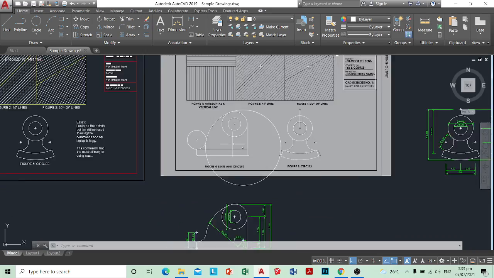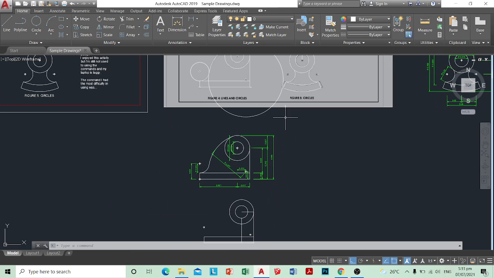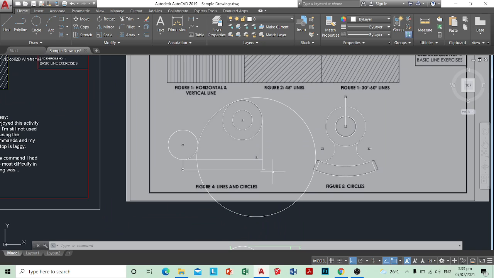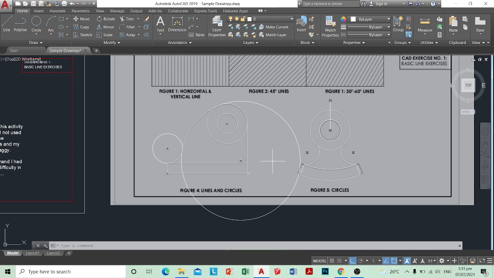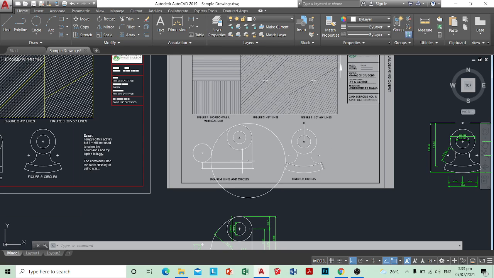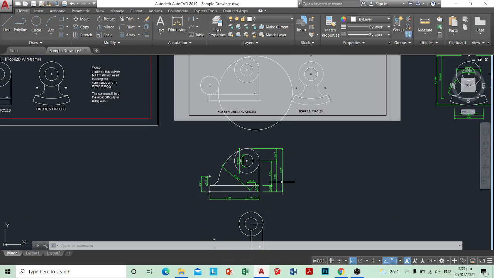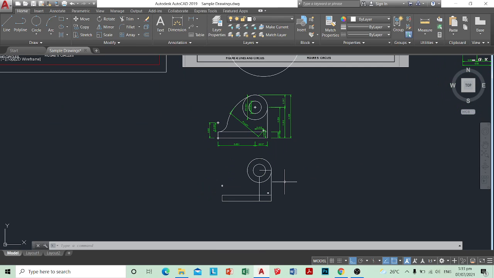Hello. So this is a video on making figures 4 and 5. Let's do figure 4 first. The objects we have don't have dimensions. I think this is so we can figure out for ourselves how to draw these figures. But normally these would come with dimensions, so the instructor can teach you how to use the different kinds of circles